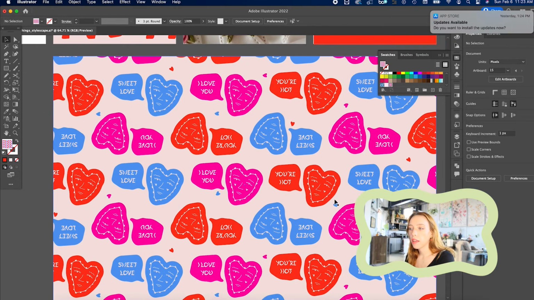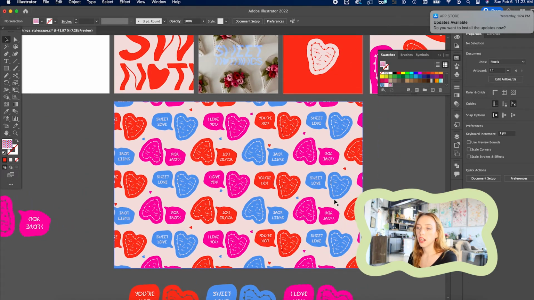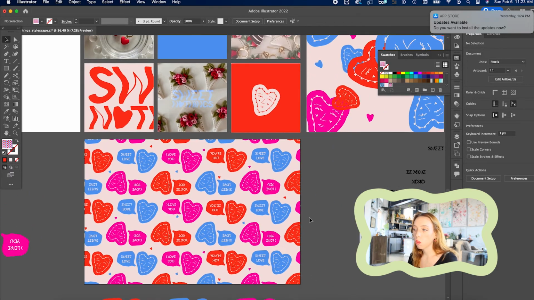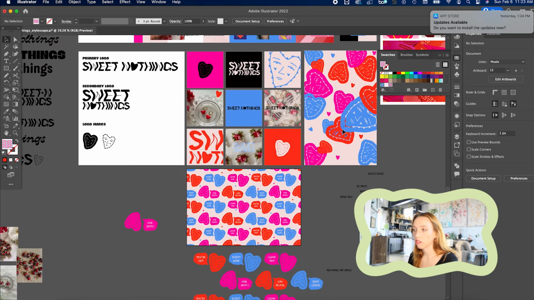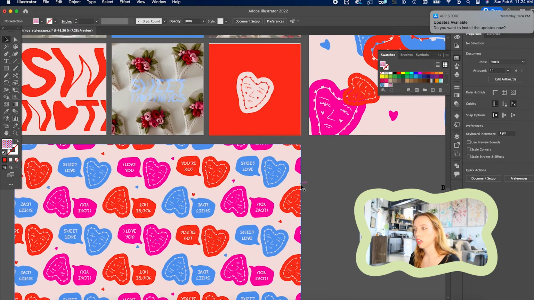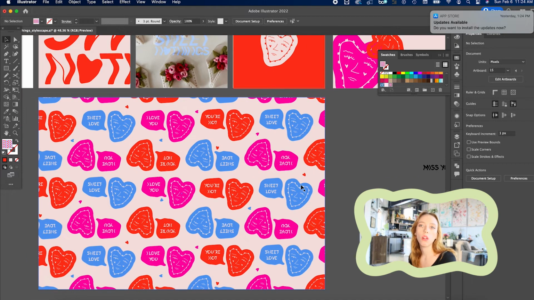Okay, so I made this pattern and I'm actually really happy with it. I like it more than this one that I have over here, but I'm gonna keep them both just to see what works best in total. I'm really liking it. I think it's super cute, and I added in a little bit of tiny hearts in there, and I think it's really working. I think it's sweet and still fun though. So now I'm going to quickly create some mock-ups for the products that we are going to